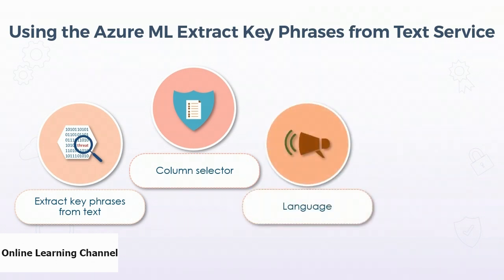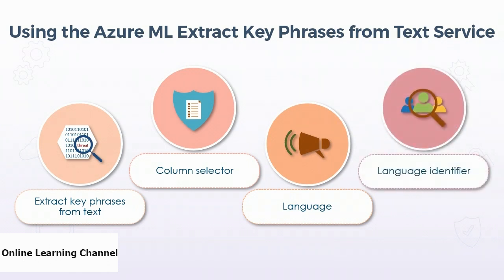So you can configure the module to tell it what language to use. But what if there are multiple languages in the dataset? Well, in that case, the dataset itself should include information about what language each row is in. And in that case, you can configure the module to look at a different column for language information. Now, if you're not using the classic Azure ML Studio, you can actually perform key phrase extraction using Azure's Text